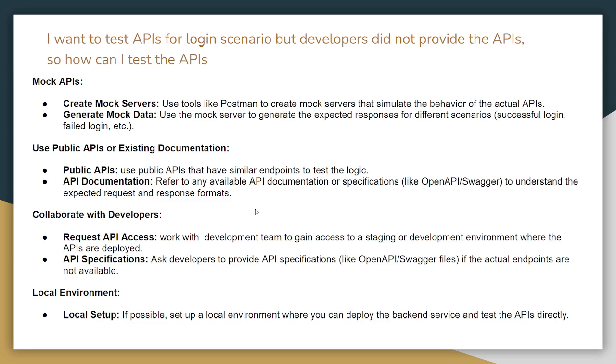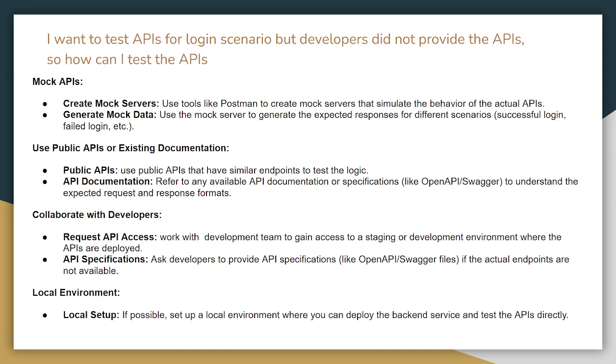Next question is a scenario-level question. Let's say the interviewer asks: I want to test APIs for a login scenario, but developers did not provide me the APIs. So how can I test the APIs? This is a very tricky question. Normally, developers always provide API endpoints and authentication parameters like username, password, and API keys. But what if they do not provide them? So testing APIs without direct access